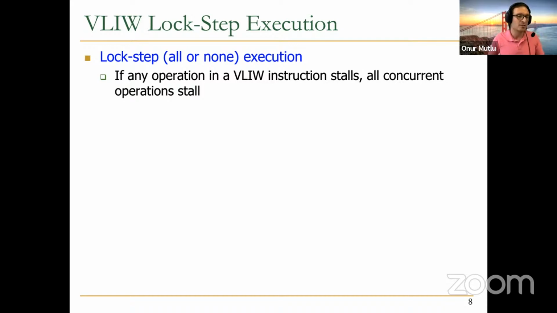And this, of course, leads to performance issues if you have a load instruction that takes 100 cycles in a bundle, whereas all of the other instructions are adds, let's say, that are 1 cycle. Then all of the other adds, independent adds, need to wait for 99 more cycles, right? So that's not good, clearly. So people have tried to develop compilation mechanisms to minimize the cost of this, which I'm not going to get into, but I'm going to point you to